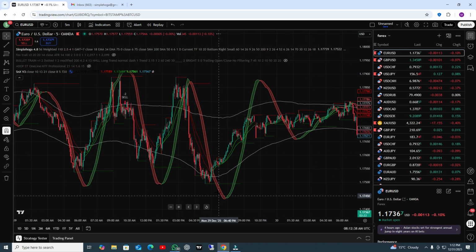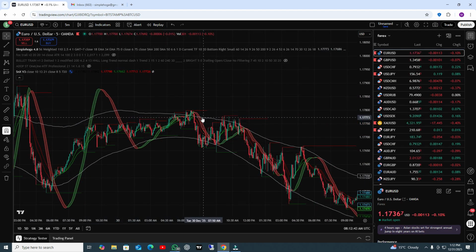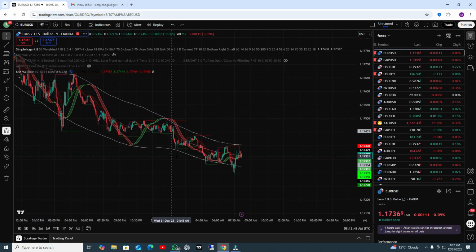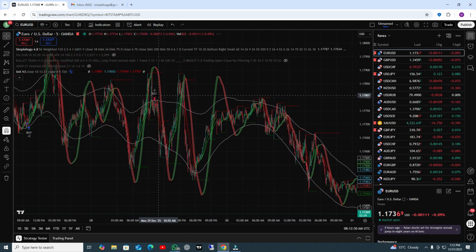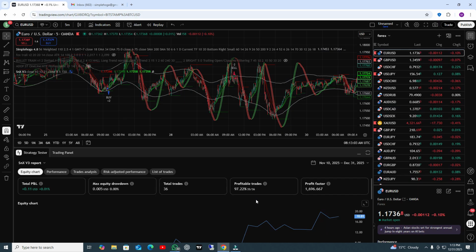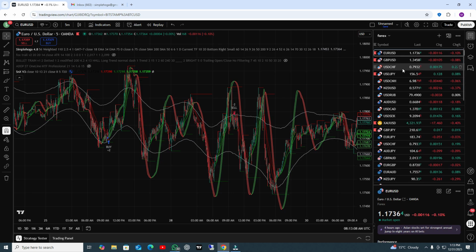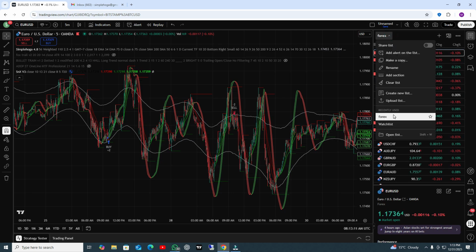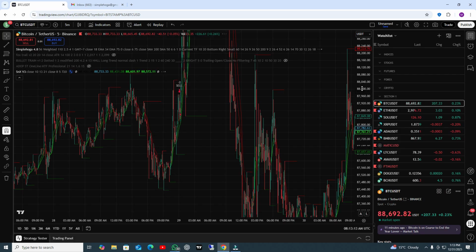Let me show you. Here you can see sell position, and this is your sell position, sell positions, sell position, and you can see the market going downside after getting the sell signal. Okay, this is your buy position, and again buy position, and you can see you got amazing results. If you go to the strategy tester, it will give you an accuracy of around 100%. That is amazing. Let's find out more signals in some other pairs like Bitcoin.